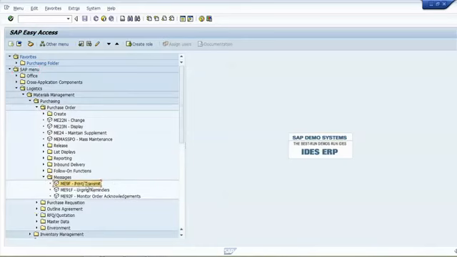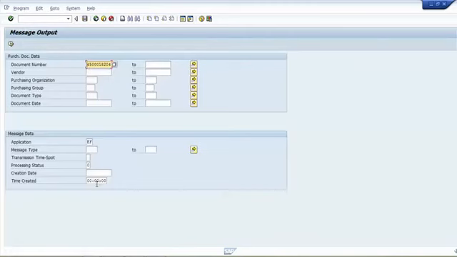So double click on this ME9F, Print/Transmit. This is the last purchase order number. If we require a different number than this, we can put our required number, or we can click on the find button to find our purchase order number. Right now we require this number, so we will not change it. Click on the execute button.